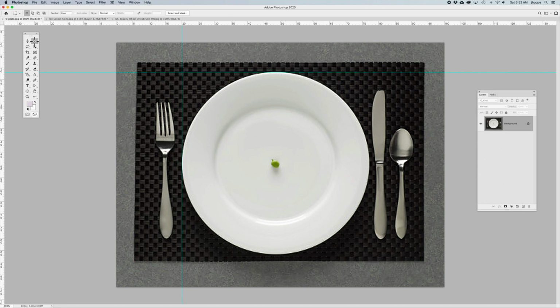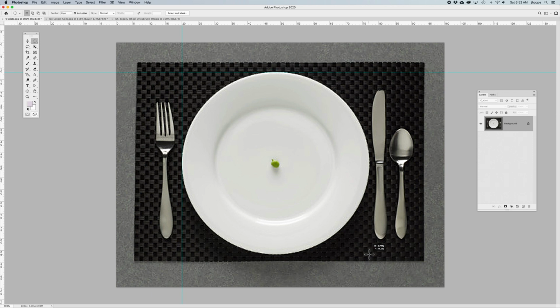But because I'm going to be using my elliptical marquee tool, I'm going to go ahead and start in the same place because it's basically the same concept. So you'll see what happens when I put my cursor here. And all I'm doing is putting my cursor where the top of the plate meets and the left of the plate meets, and I'm going to pull that cursor and come all the way down. Now, once I park my cursor on the right side of the plate in the bottom,